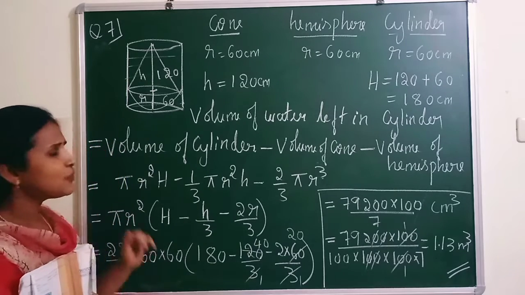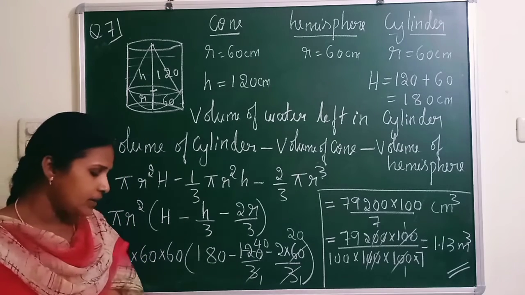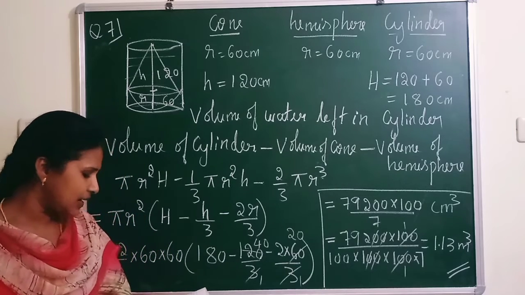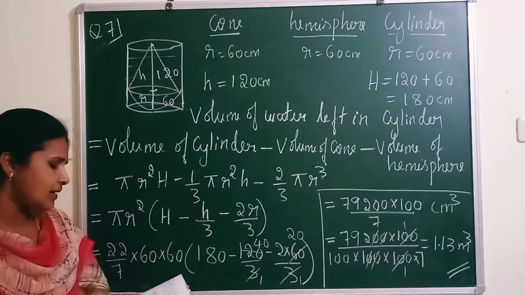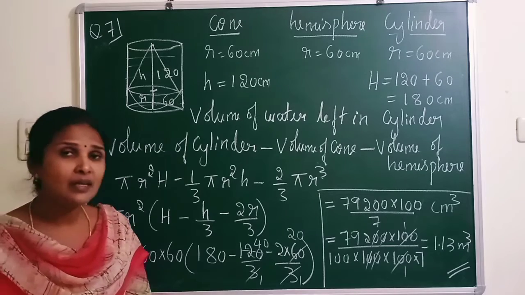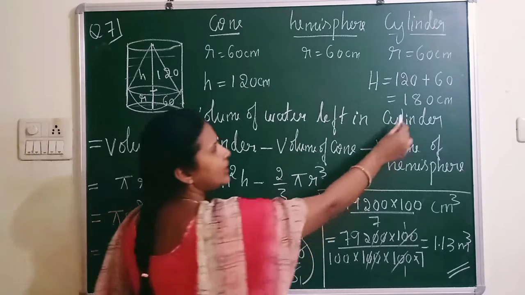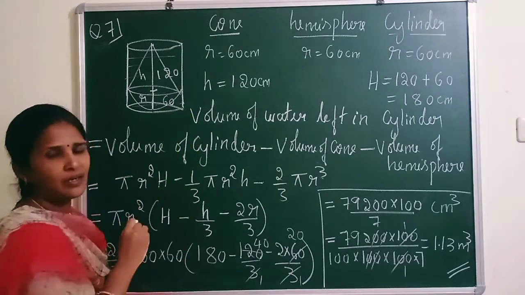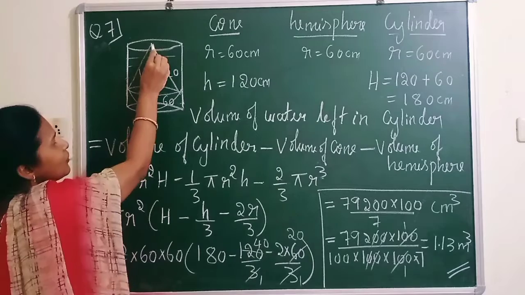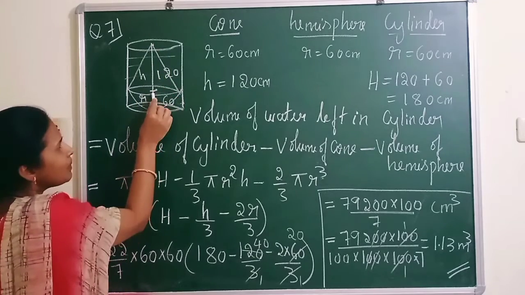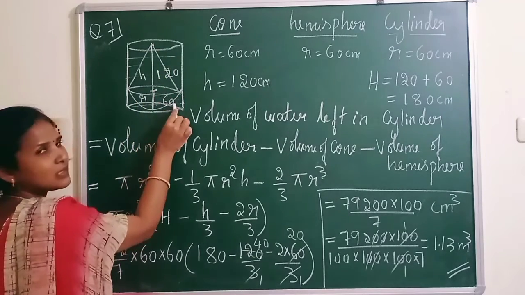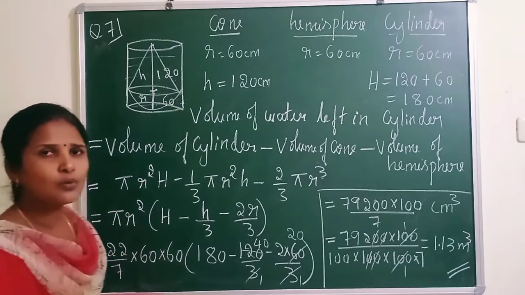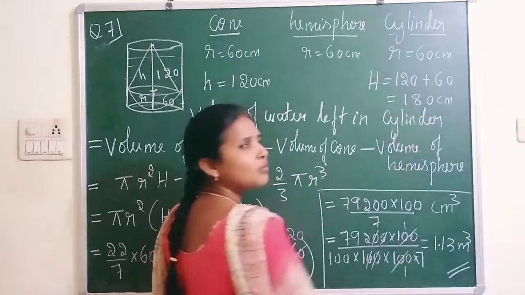Now what I should find? He is asking find the volume of water left in the cylinder if the radius of the cylinder is 60 and its height is 180 centimeter. Here already has given 180, but even if you won't give the height of the full cylinder also you can find. How you can find? The height of the cone, that is 120, plus the radius of the hemisphere 60. 120 plus 60, 180. But in the question he has given the height of the cylinder also 180